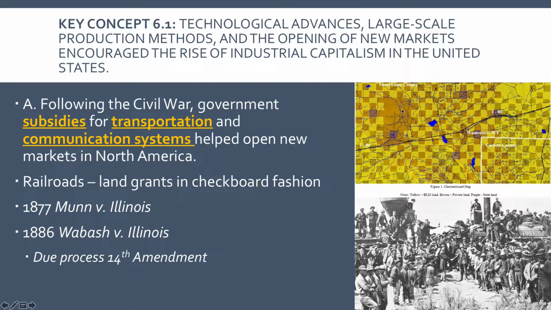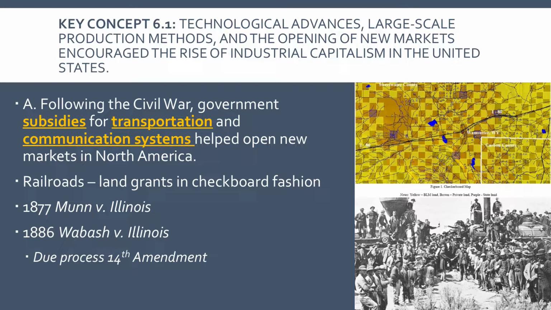This is a famous photograph you've probably never seen before. This is the Central Railroad meeting the Pacific Railroad in Ogden, Utah. This is east meeting west. And now you have this moment. You can get on a train, the railroad in New York or in San Francisco, and within a week or so, you're on the other side of the country. This revolutionized transportation, and the federal government helped.